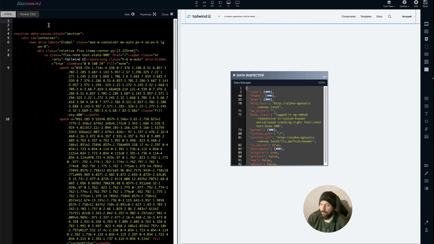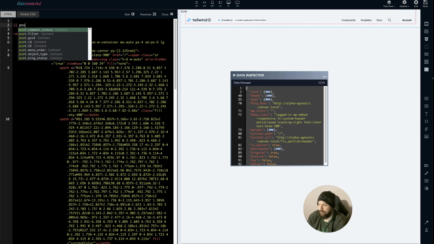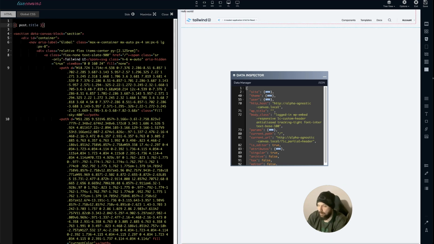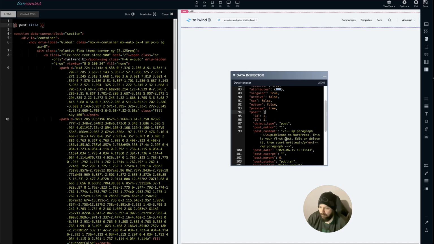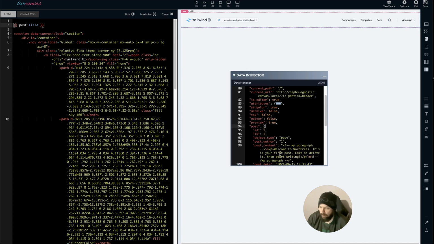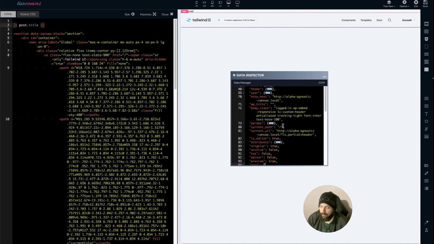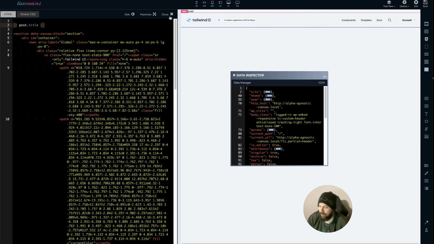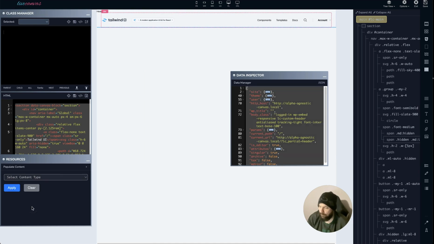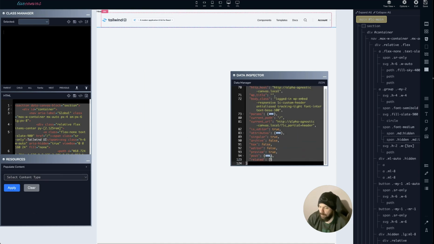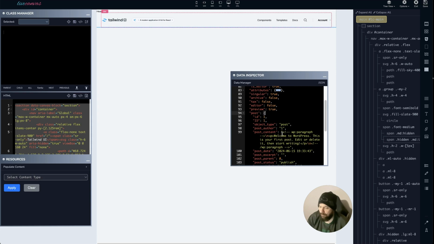One of the ways that you can see this in action is if I put post.title, it says hello world, and that could be because I have populated content as hello world. I can also go right here and see exactly what post it's pulling from, and I can see it's pulling from the current hello world post, and that's probably because I have dynamic data populated, which I do. It's assigned to hello world. If I clear this out, which I'll just do right now, you can go in here and you can see that the post has now changed,